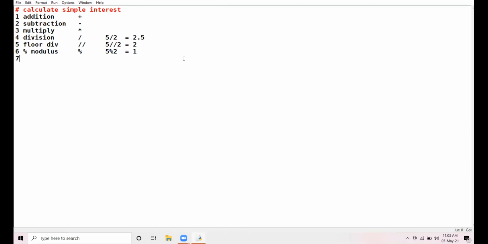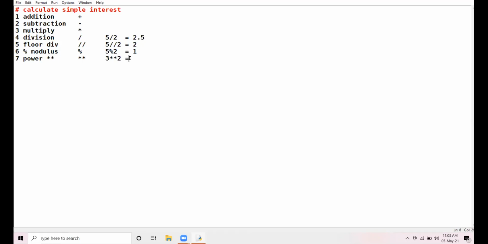Next, power. Double asterisk. Single asterisk is multiply. Double asterisk means number raised to power. Suppose I write 3 power 2. It means 3 is the base, 2 is the power. The first number acts as the base, the second number acts as the power.